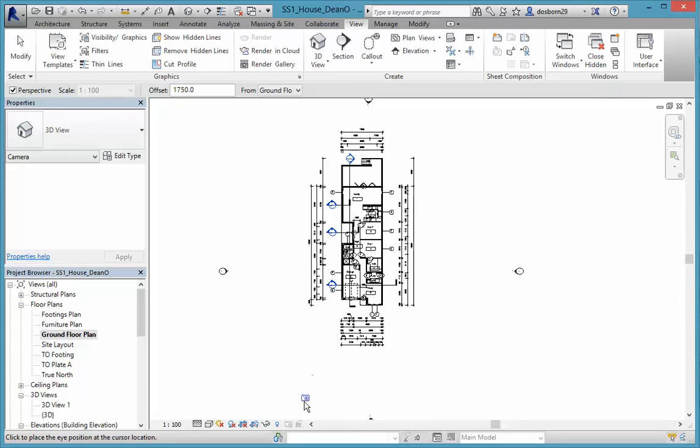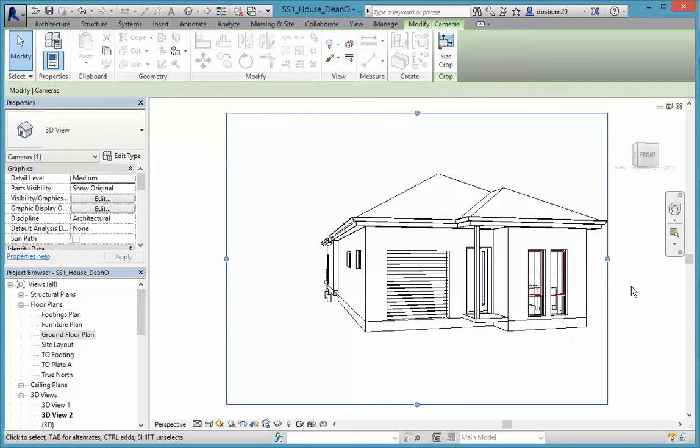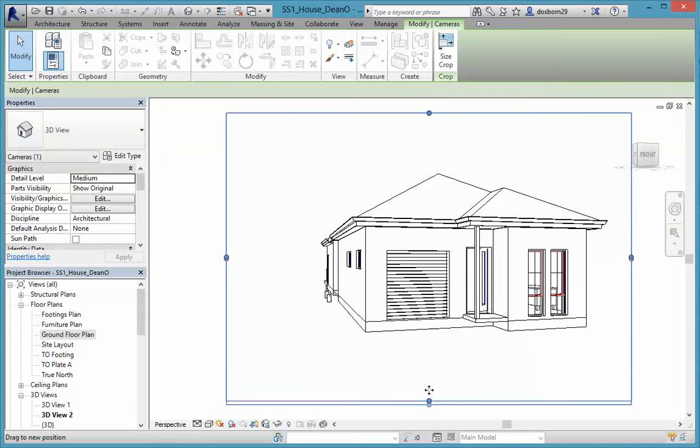If I turn the crop box off, I can bring that right out. And I'm just going to come out to about where I want to take a photo. So it's usually a little bit off center so you can see down the side of the house. Take the photo and drag out. Now you've got to drag this out past the house, otherwise it will only see as far as you drag it out. So that will be fine for me, and that creates a 3D view. So I'm just going to widen that a little bit that way, bring it up a bit,